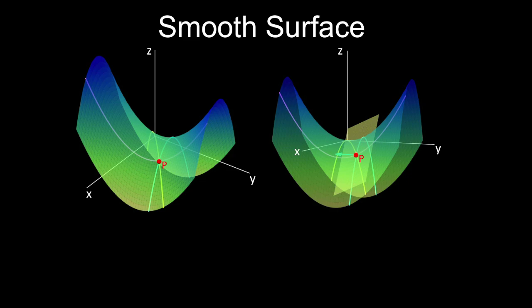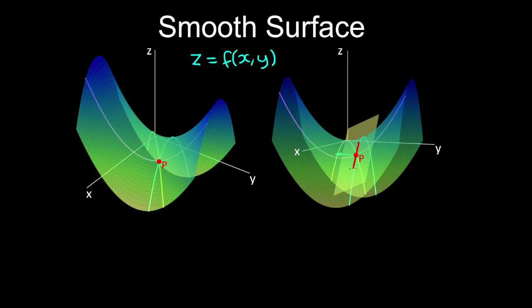Suppose we want to find the plane tangent to a smooth surface. So we have a surface defined by a function of two variables, where f is a differentiable function, and we're finding the tangent plane to the surface at a point P. So if we take two curves passing through point P, so for example this curve has a tangent line that